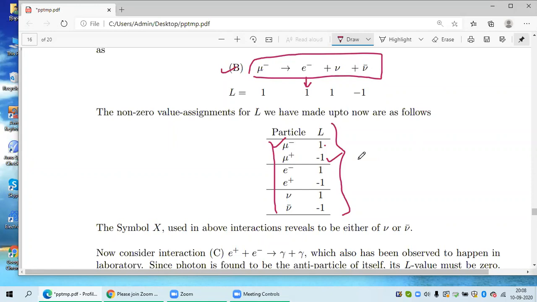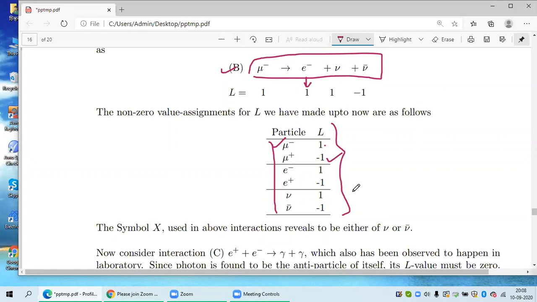Yes, sir. Any questions? Sir, the L value of the electron is not 3. To get this conclusion, we need more equations. Actually, at this point, we need more equations. If you see more equations where electrons are involved, then you will see that for the other quantum number, you have a large freedom to assign. There are large possibilities coming up. And quantum numbers can take values 5, 6, 8. And there are huge possibilities.